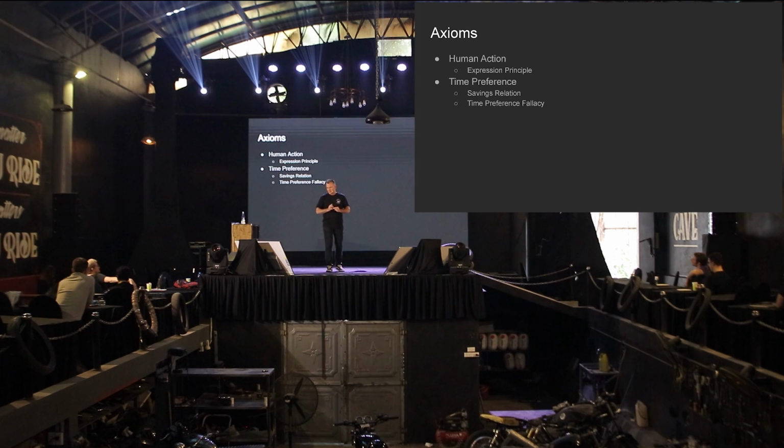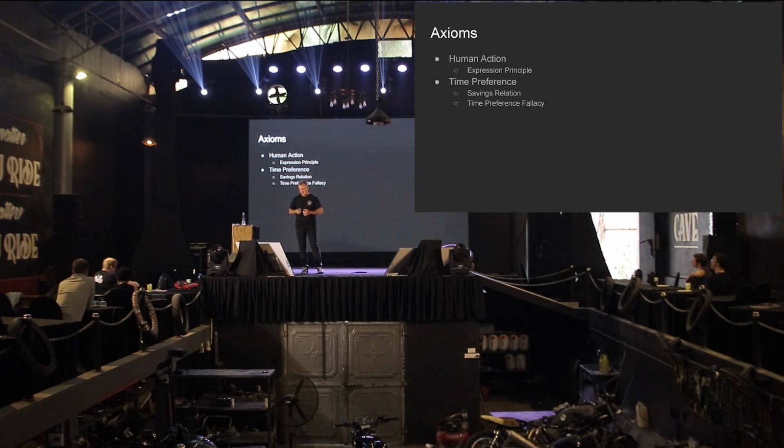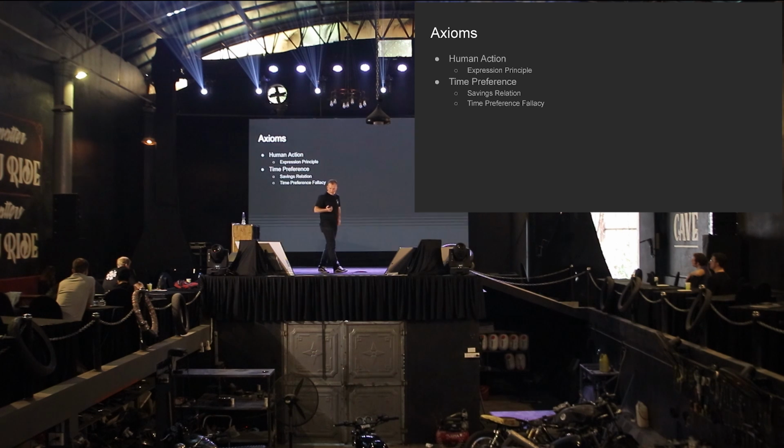But this is not psychology, this is economics, and we specifically don't have an axiom that says that, which is why we have the idea that value is subjective. It derives from the idea that we can't prove it's not subjective. Nobody's proven that, and we don't have an assumption that it's objective. So I came up with this idea, it's a topic in the book. There's no human action topic, but there's this thing called the expression principle. When you get down to really fundamental philosophical concepts, things start to get fuzzy, the definitions don't make sense, and you have to come up with new, clearer definitions, and things get really abstract.